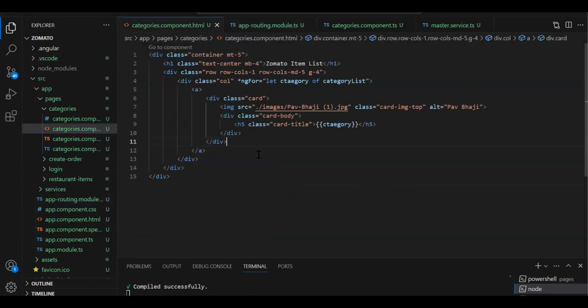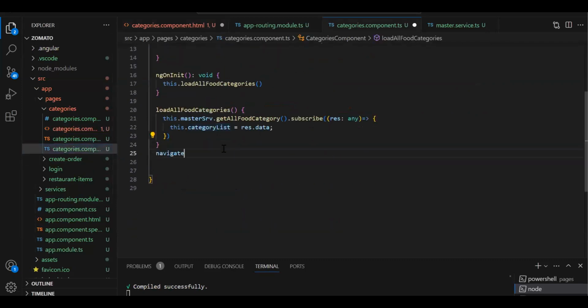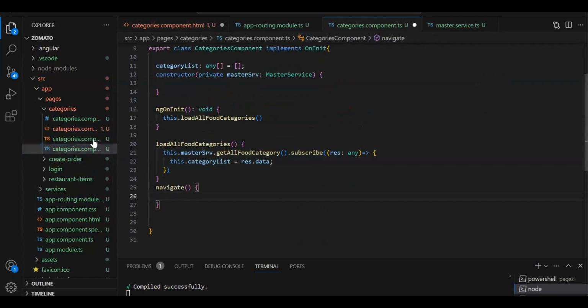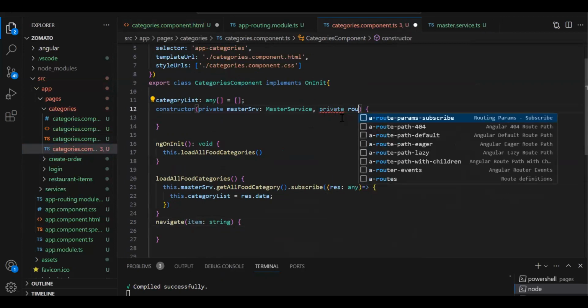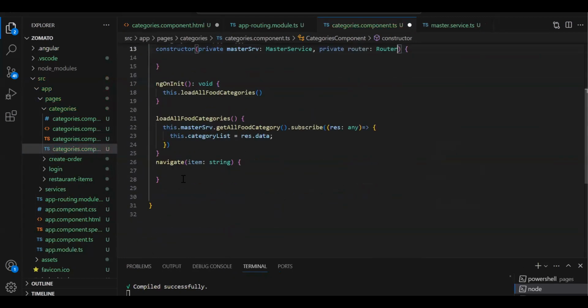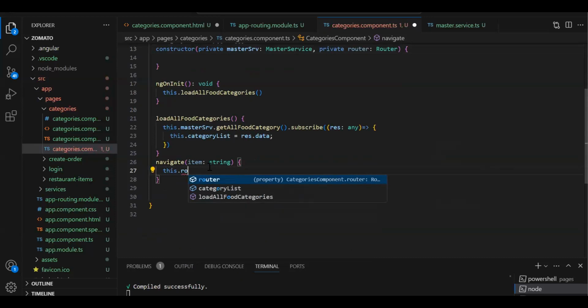So now in the category component, on click of this, let's write the click event. Navigate, and let's pass the category. Let's create this function. Now we are in this function, from this function we are going to navigate, right? So here we are sending category so that we can receive it over here. So let's name it as item, colon string data type. Then we have to create an object of router. So private router colon Router. Then here we are going to write this.router.navigate,